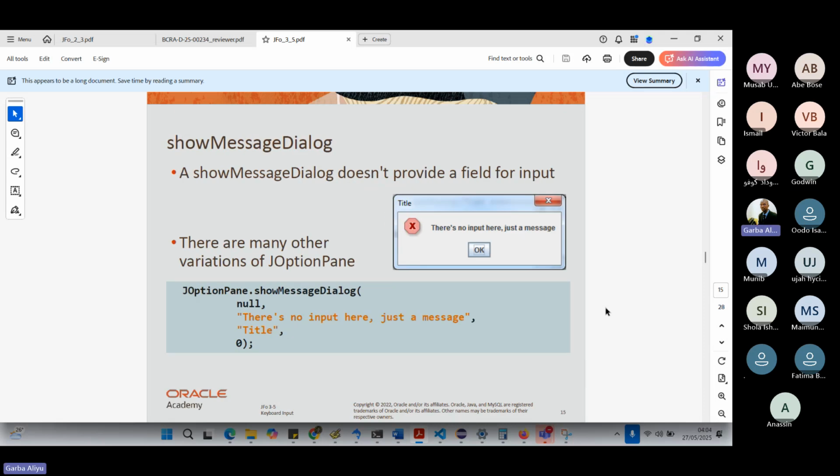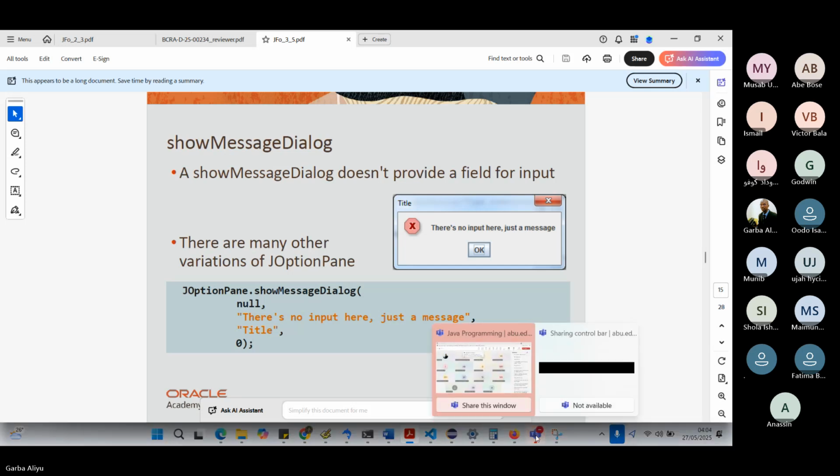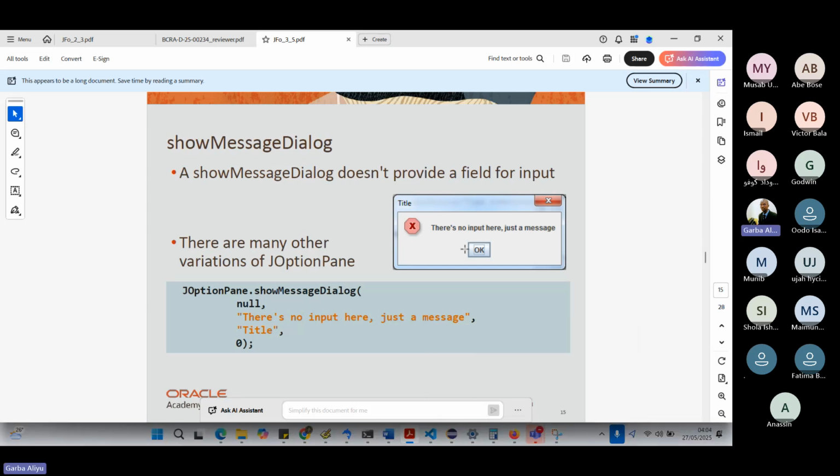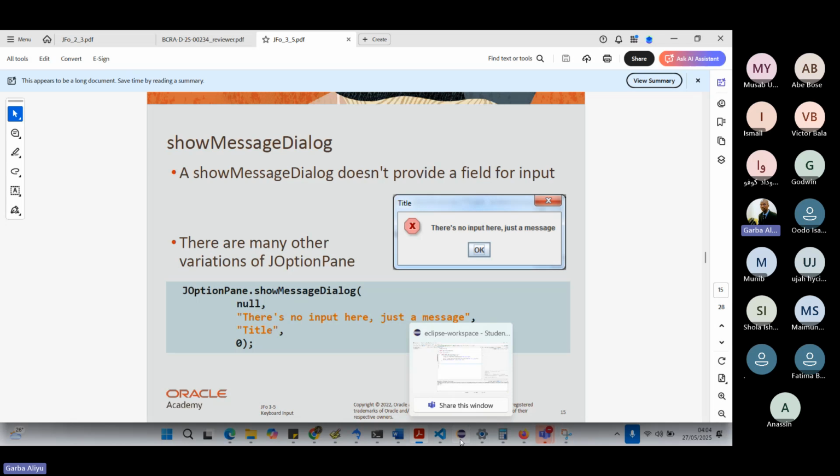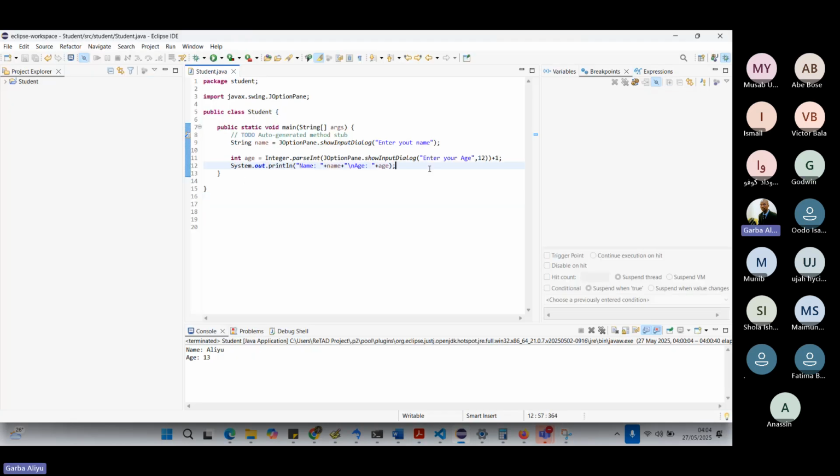So just begin. Okay, then apart from the input dialog, there is the show message dialog. What if we want to now print out the message we typed in? Then we can use JOptionPane.showMessageDialog. So showMessageDialog and then the message you want to show. We can set this to be null and then set this one, the message, and then the title. So it means I can come here. If I want to say thank you for registering, then I will set JOptionPane